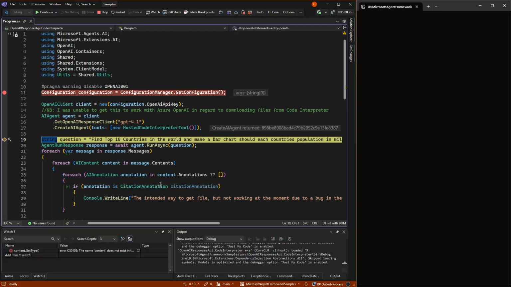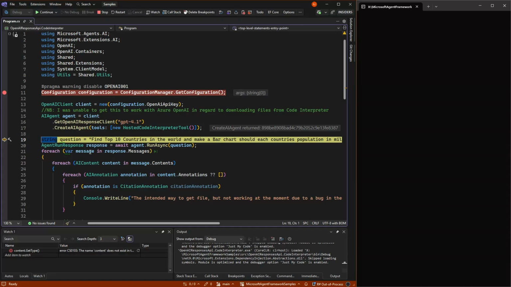It can only produce text, but luckily we have this code interpreter tool that I have given it here, which is essentially just a small online container that hosts some Python. So the agent is allowed to write some Python code, in this case something that generates a bar chart, and then give that back to us.